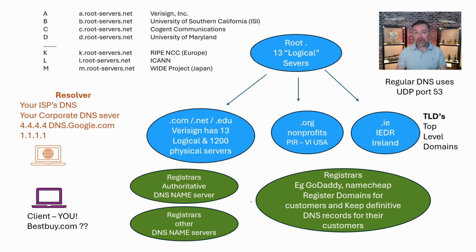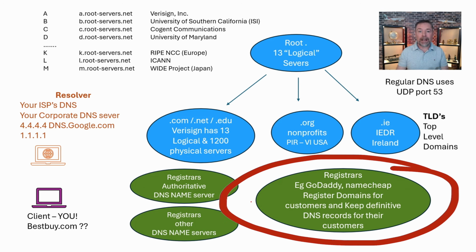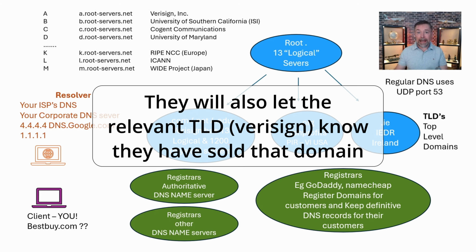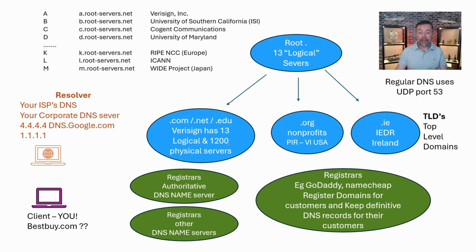Now who is going to sell you an actual domain name if you want one, for instance CyberIrishman.com? It's going to be a registrar, somebody like GoDaddy, and as you can see, that is the third layer we have down here. Now this is somewhat simplified, but it's good enough for us. So when I want a domain like CyberIrishman.com, I'll go to GoDaddy and they will sell me CyberIrishman.com. They will then let the internet know what IP address is linked to that domain name, and they do that